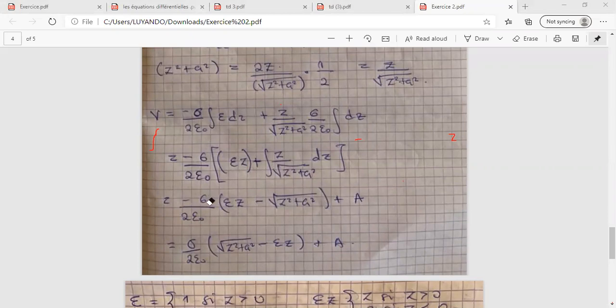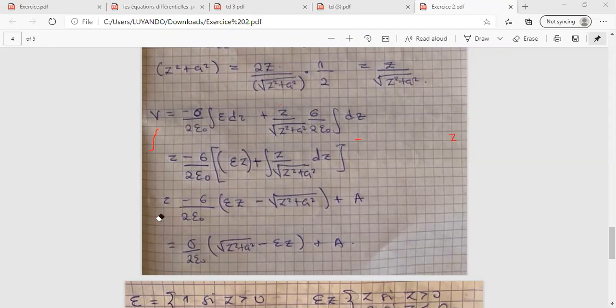So I'm going to have negative my constant over 2 pi epsilon 0 Ez plus z squared plus s squared plus a constant. Don't forget, integrate what you have plus a constant. So this is my constant a here, because I was integrating both. So I have an integral of this and plus an integral of this. So I have the constant of this plus the constant of this, which has just been simplified to a